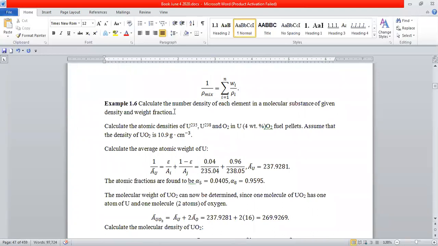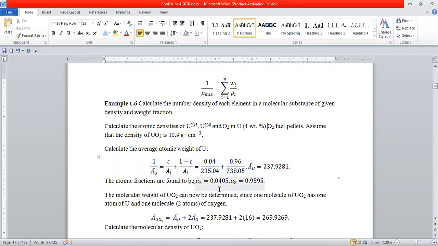So this is the formula that we derived above, and we apply this to the data that is given over here. In this case, we have the weight fractions which are given. We've got 4% of uranium in uranium dioxide, which are typical fuel pellets. Now, assume that I've given you the density of uranium dioxide in reactor fuel, which is typically 10.9 grams per cubic centimeter. So again, from above, you first calculate the average atomic weight of uranium,